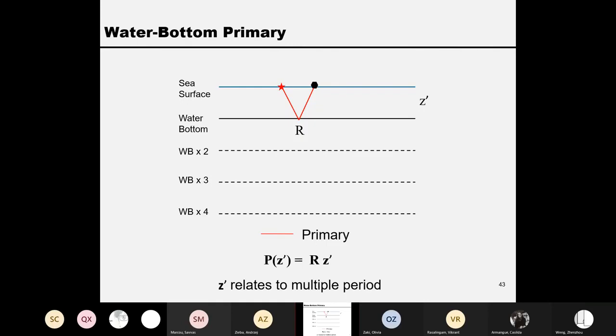Okay, let me repeat the 1D model for multiples. The 1D means we ignore the source receiver distance, so-called offset, okay? We assume the source and receiver are at the same position, so you only have vertical variations. So that's called 1D. For the primaries, in the Z transform domain, you know that the Z transform is equivalent